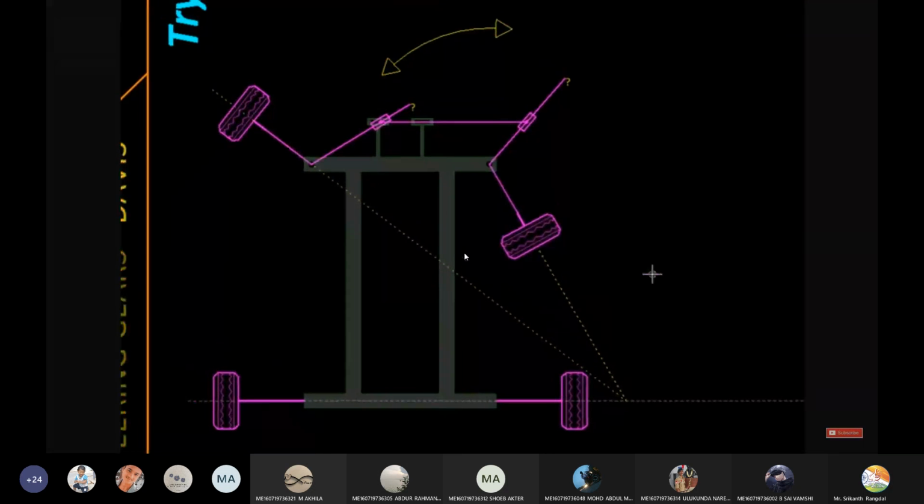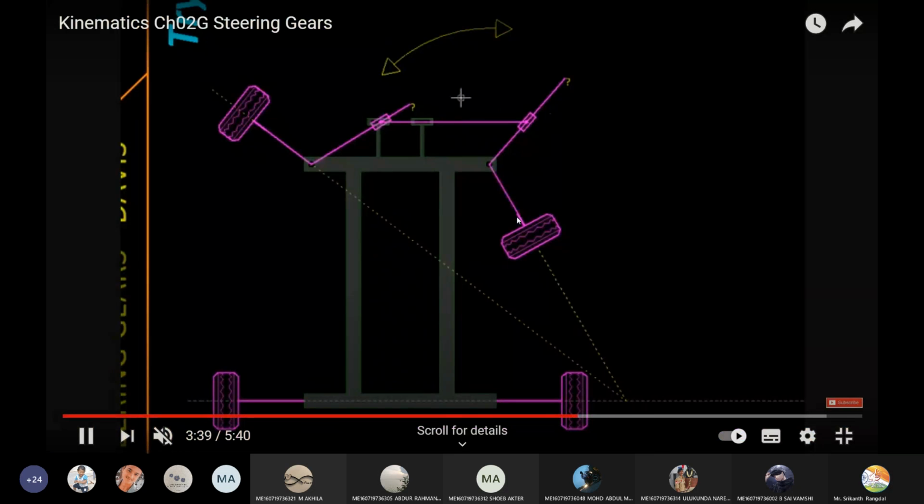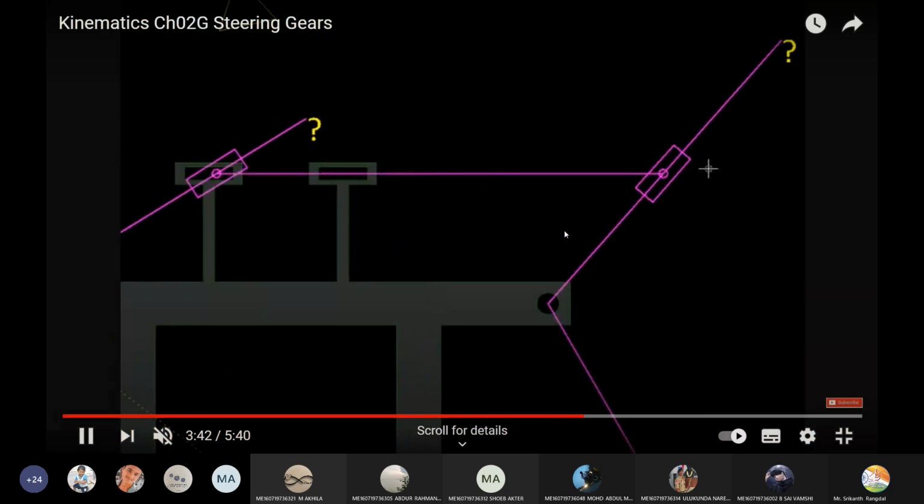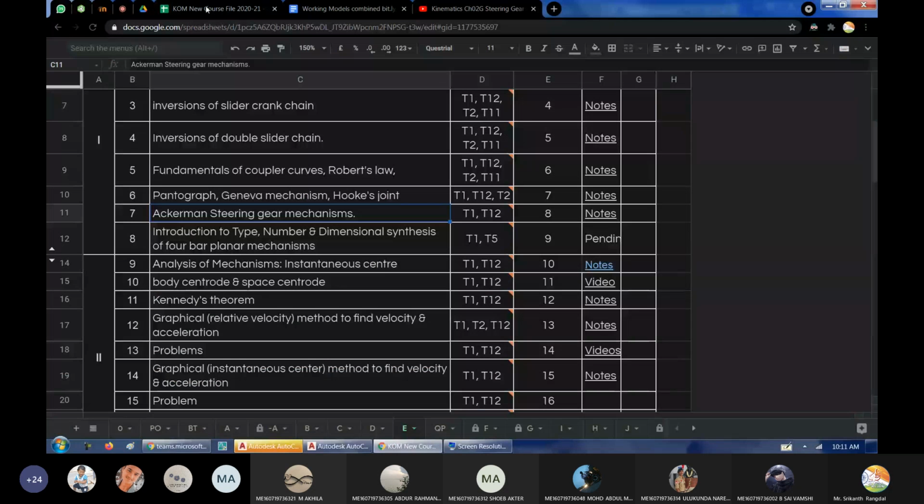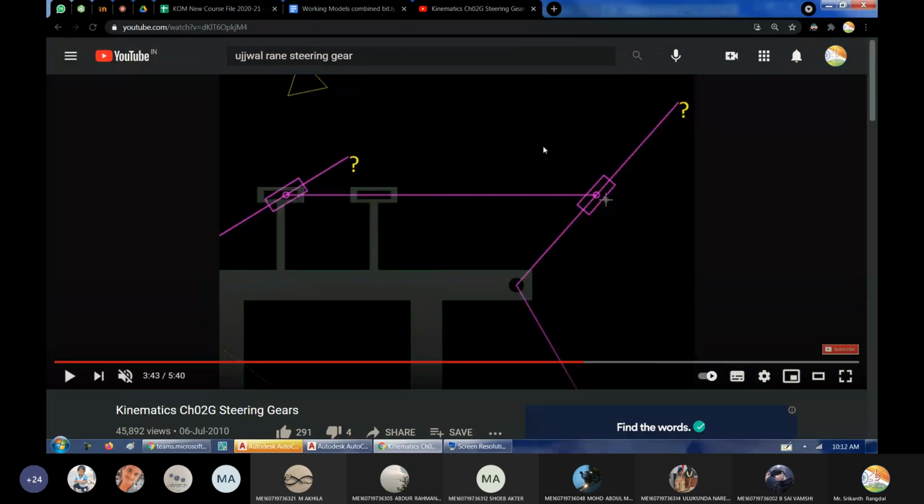This can even be mathematically proved, and that proof was included in the syllabus. But this time around, I don't know whether that has to be included or not, because it has not been mentioned by name. The Davis steering mechanism is not present in the syllabus. So this is the syllabus for you. He's just mentioning the Ackermann steering gear mechanism. I don't know whether he is expecting you to study other mechanisms also, so just to be safe, I'm showing you the Davis steering mechanism as well.